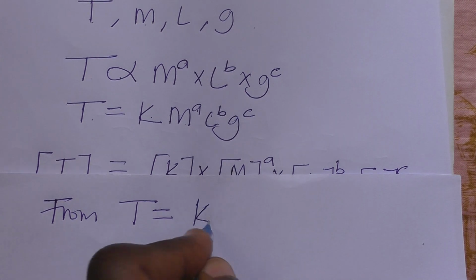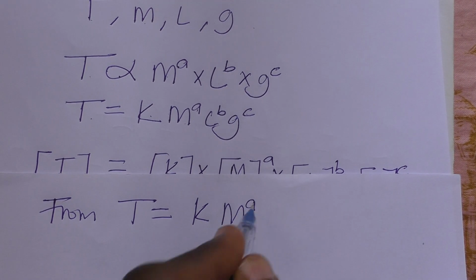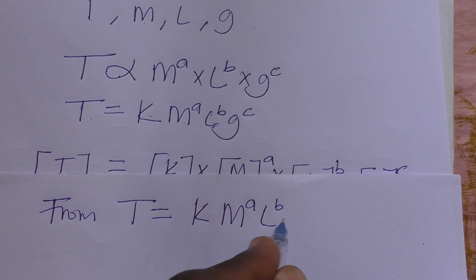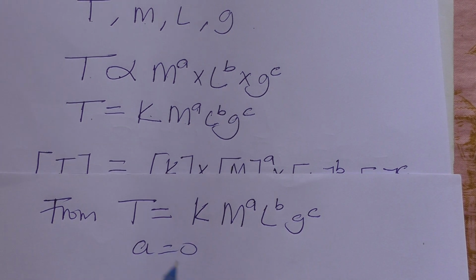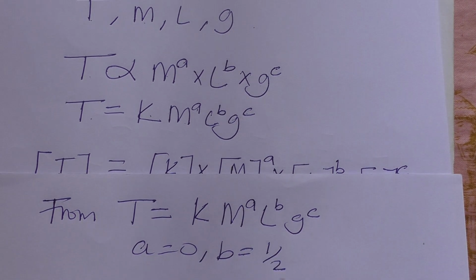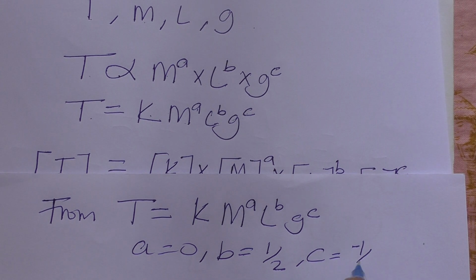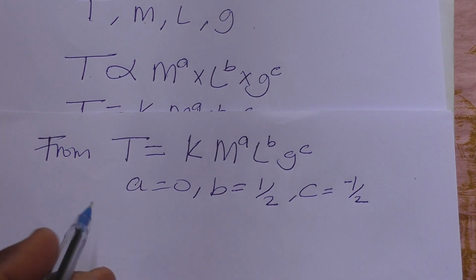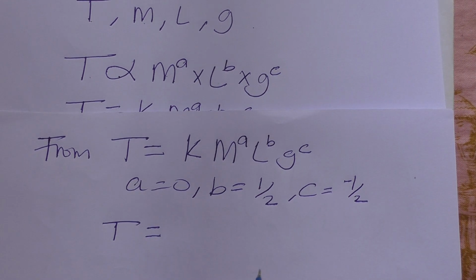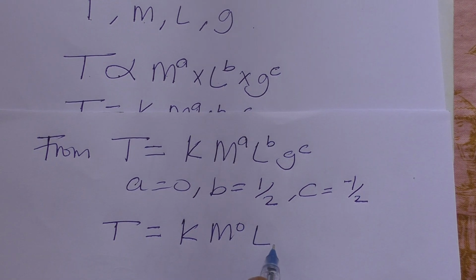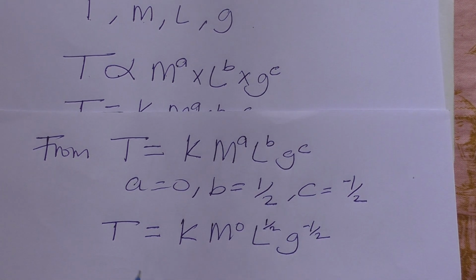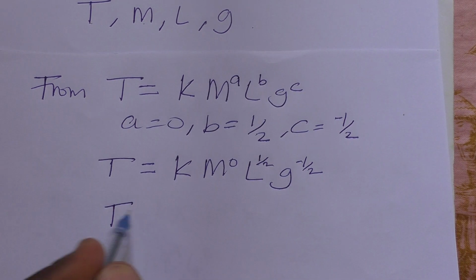Period T equals k m^a L^b g^c, but we've gotten a as 0, b as 1/2, and c as negative 1/2. And therefore it is time to substitute for the powers and derive the equation. That gives us k, since it is m^0, L^(1/2), and g^(-1/2). That means that T equals k